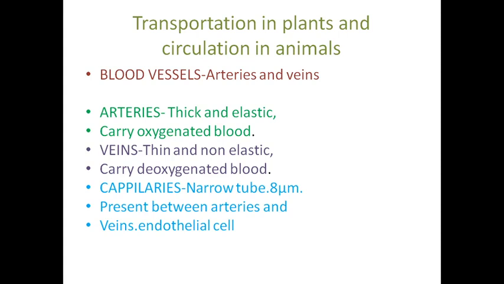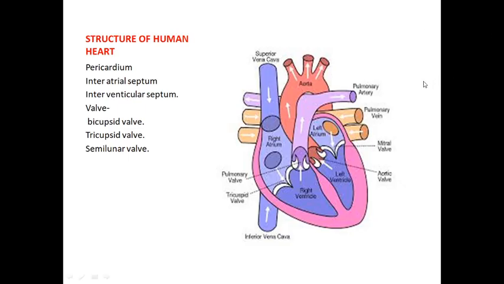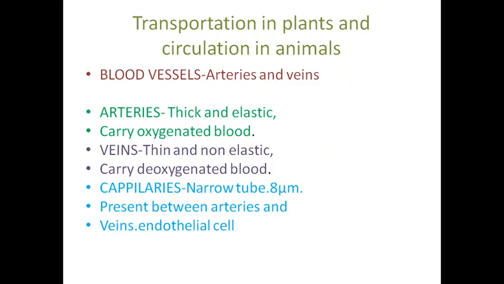If you want to see the picture of the capillaries, see page number 207. If you see the pictures, you can easily identify them. Now you can see the arteries and veins in it. This one is the pulmonary artery and vein. The superior and inferior vena cava are veins, the aorta is an artery, and the pulmonary ones are veins. The size of the capillaries, present between the arteries and veins, is 8 micrometers.